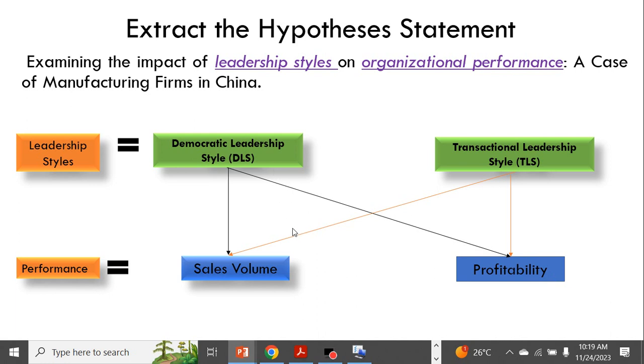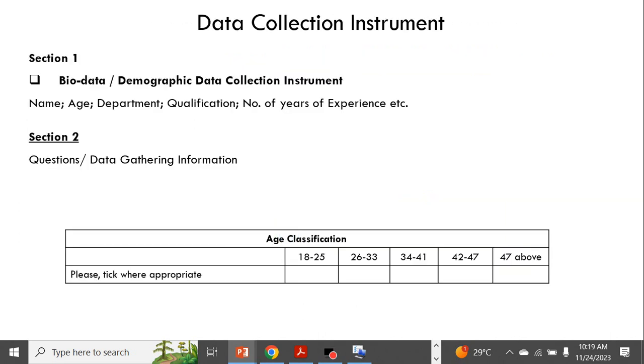Now, the essence here is that we want to look at how we transform democratic leadership style and transactional leadership style, based on what the literature says they are, into the ability to extract data from our administered questionnaire in order to generate needed data for SPSS analysis as the case may be.